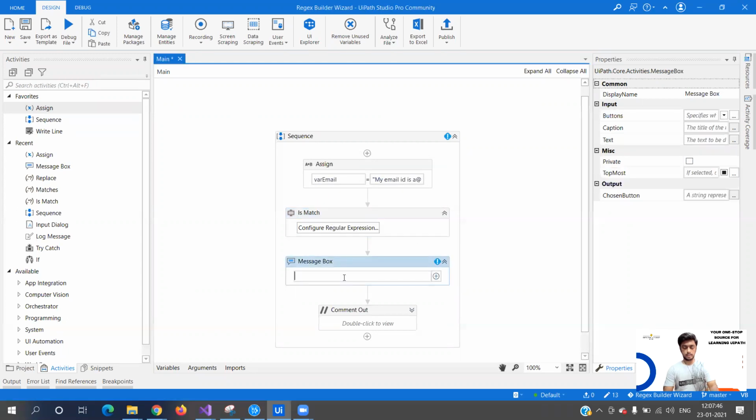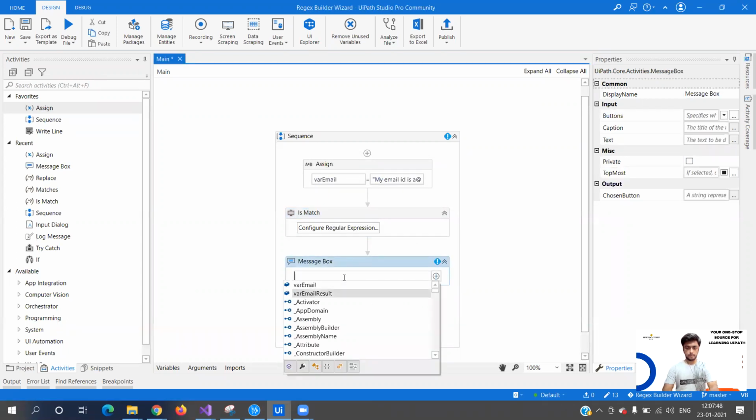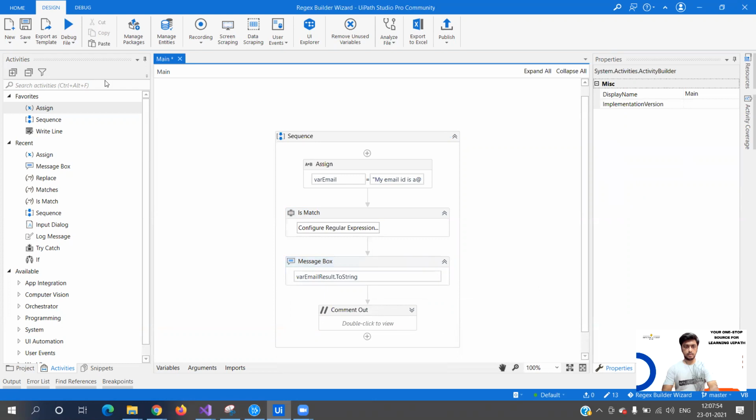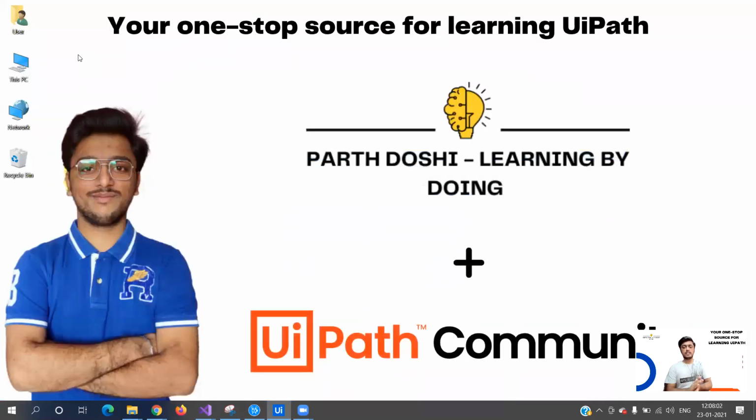Okay, and let's display it over here. Dot to string. Okay, so let me save this. So now we know that our string contains the email ID. Let's run it and see what is the result that we are getting. So you see the result is true.